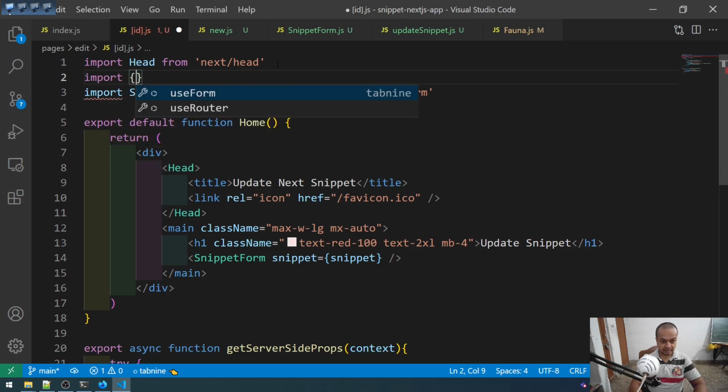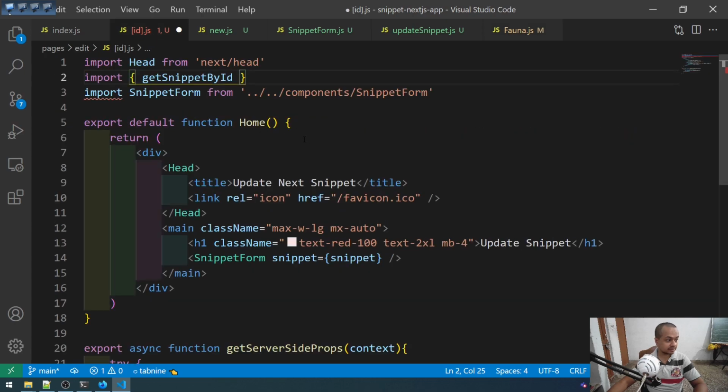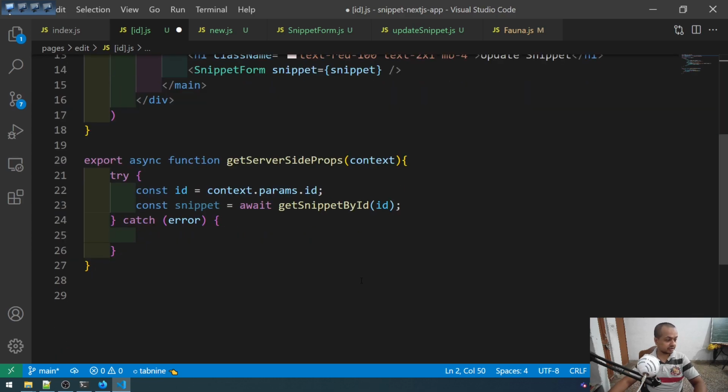Import getSnippetById. So this is the second thing which we created in this Fauna, getSnippetById, from the Fauna utils. Okay, so it is coming right. getSnippetById,